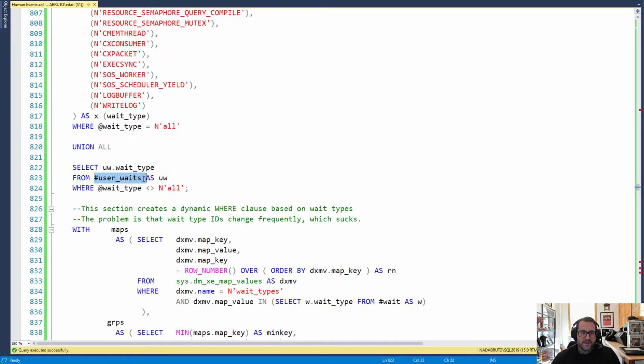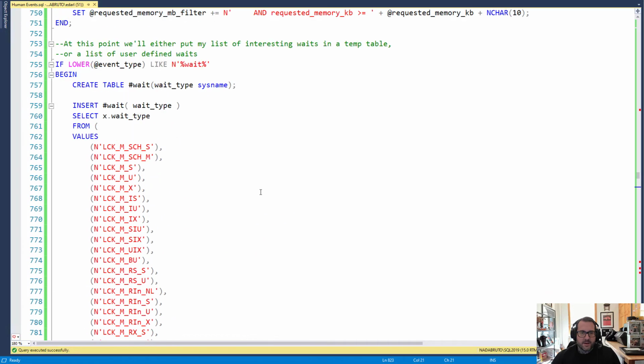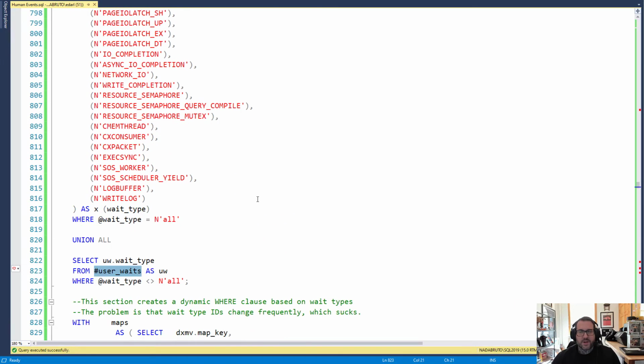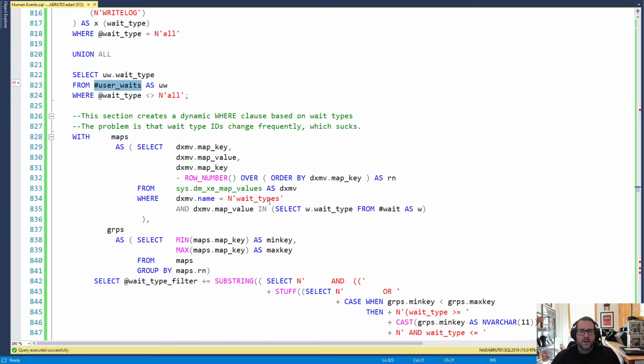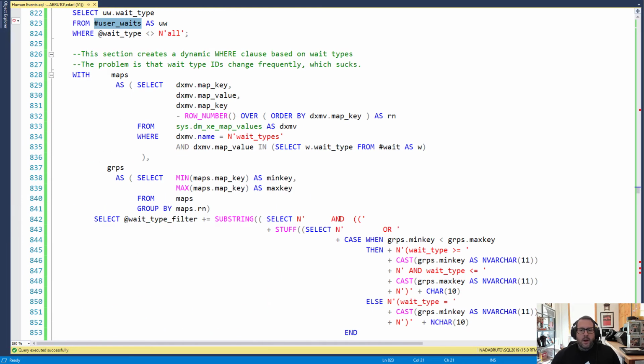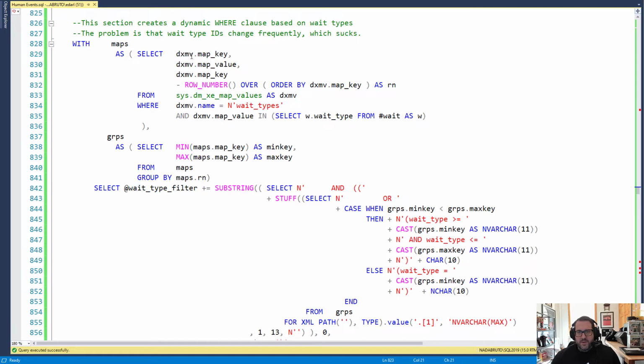So this user waits table is what the string splitter puts the list of wait types into. You get it anyway. Next is some dynamic SQL that goes into